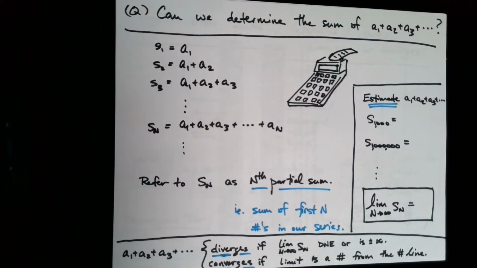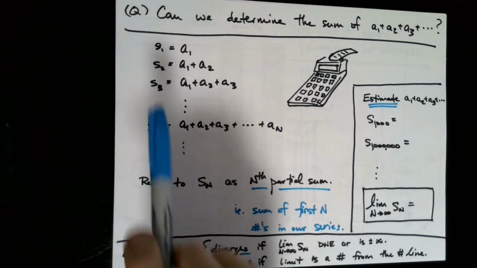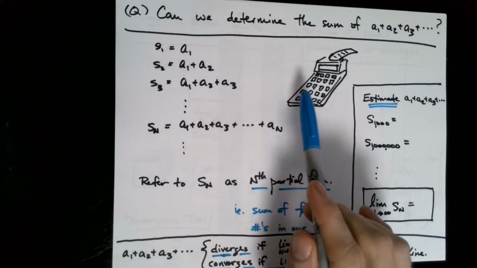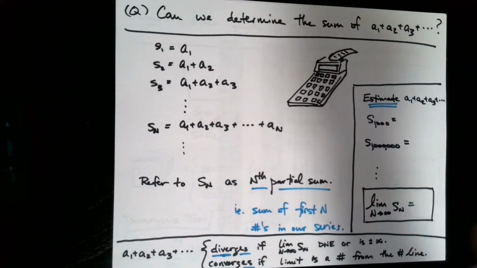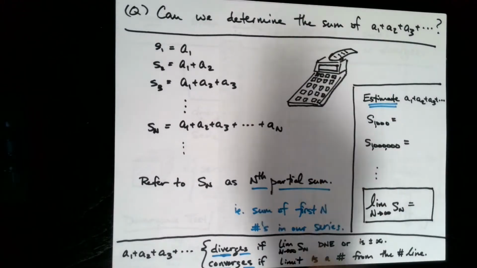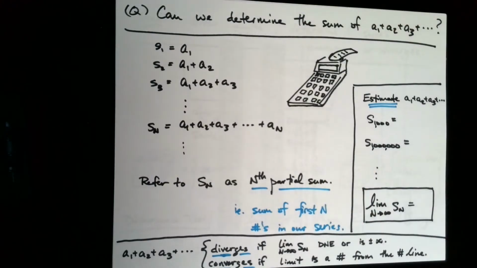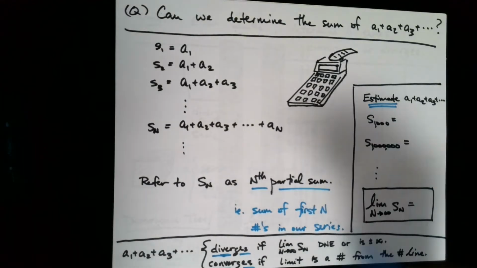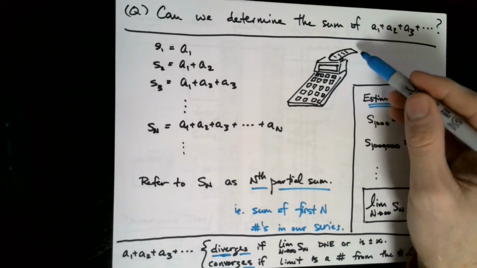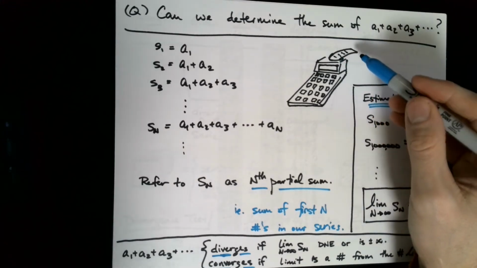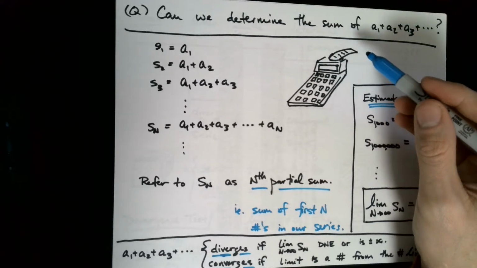That might seem like a daunting task. I mentioned last time, and I'll say it again, if you give this task to an accountant, the first thing they may do is just start plugging the numbers into the calculator, like A1 plus A2 plus A3 plus A4 plus A5, and so on and so on. I don't know if you have ever seen one of these calculators that has a tape coming out of it,